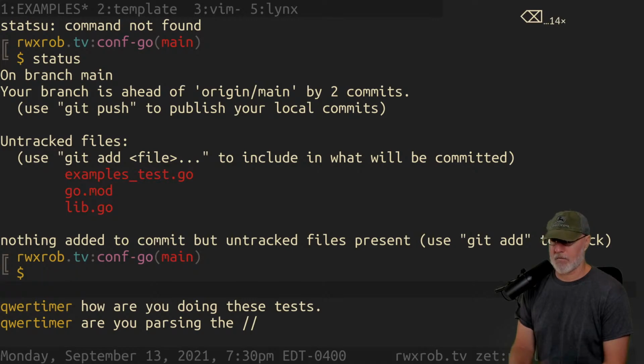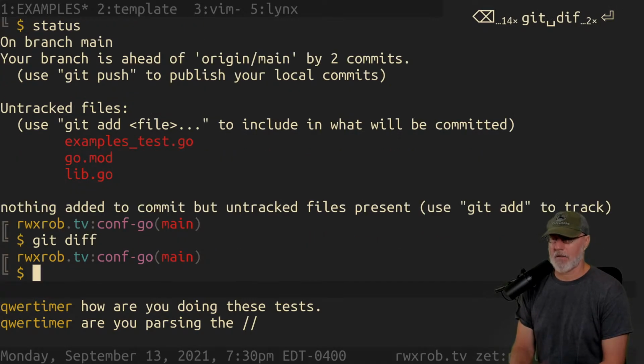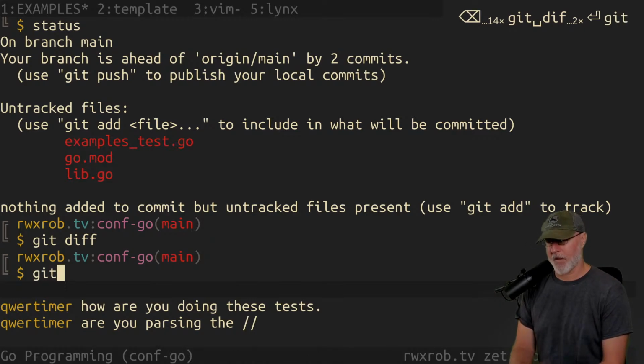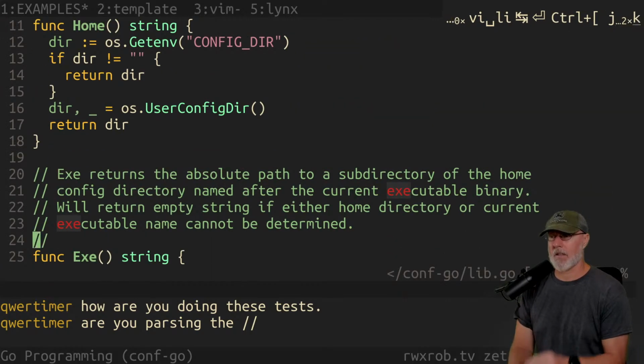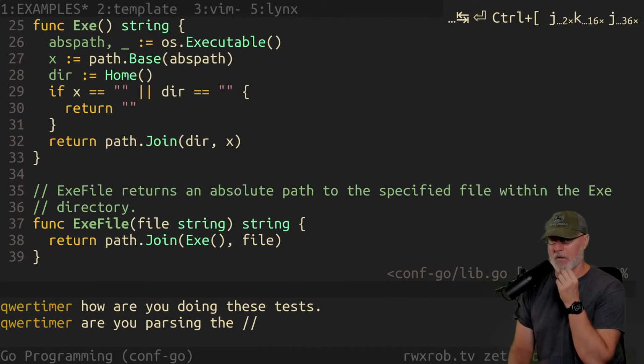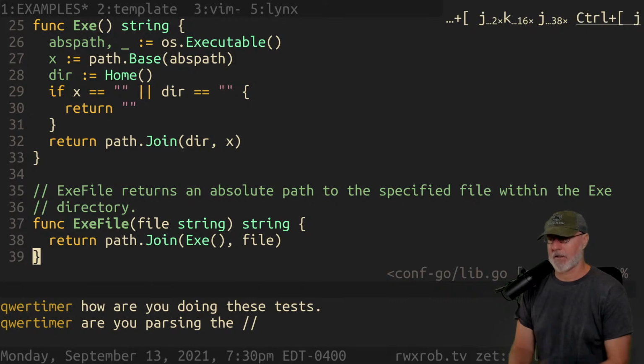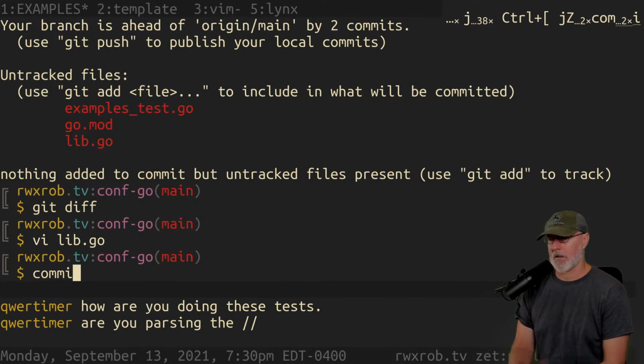What do we do? What do we add? Git diff. I don't know how to do incremental or itemized diffs. They're really cool. I don't know how to do them. There's actually nothing there. It's all new code. So we could say that we added home exe and exe file. No, we don't need to parse that. That's all being taken care of by the library.